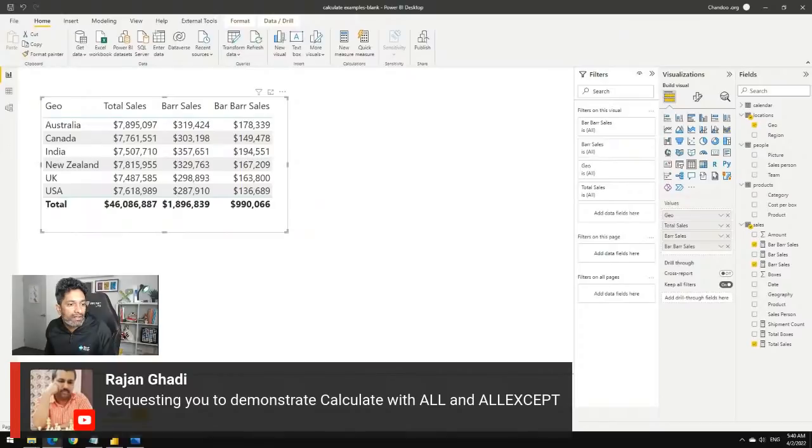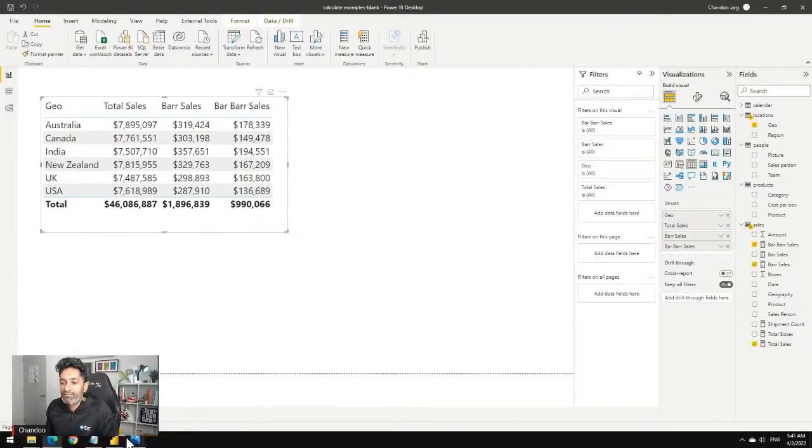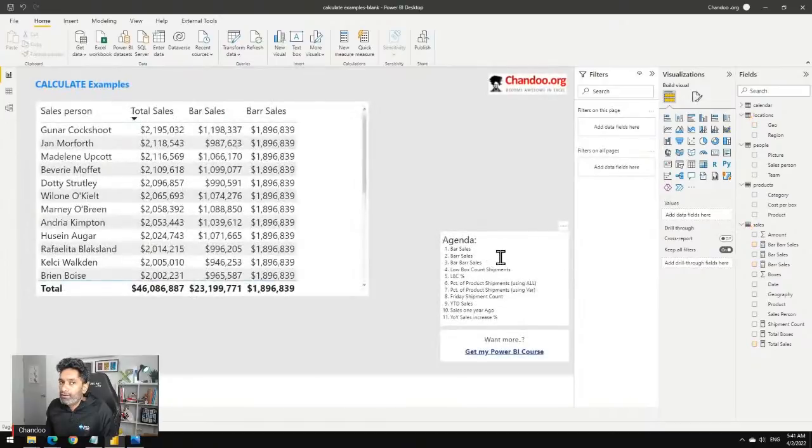Rajan says, requesting you to do some demo with ALL and ALLEXCEPT. That's the next topic that we are going to talk about, Rajan. So good thing that you segued me there. So those three are done. I'm going to show you a few more examples and then we will build the knowledge. So we have seen how to build. The next one is I want to see,